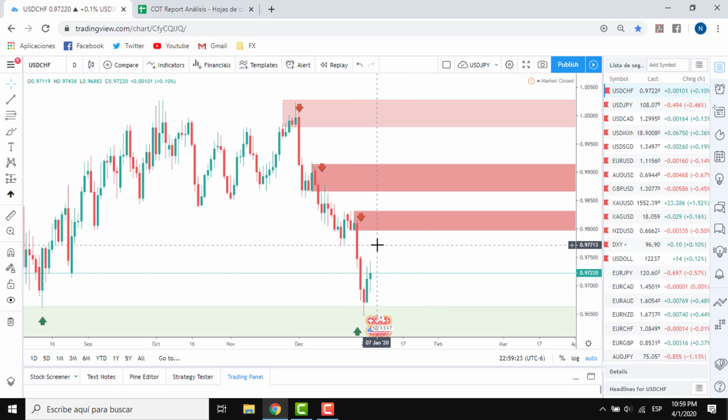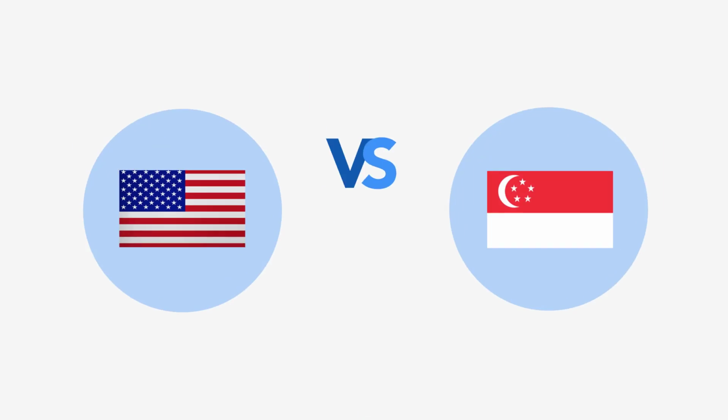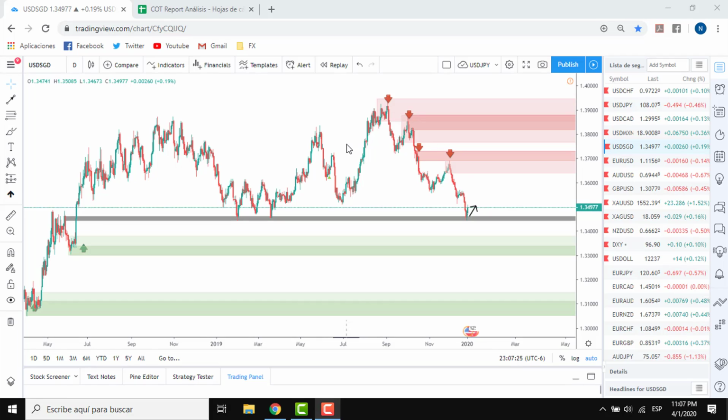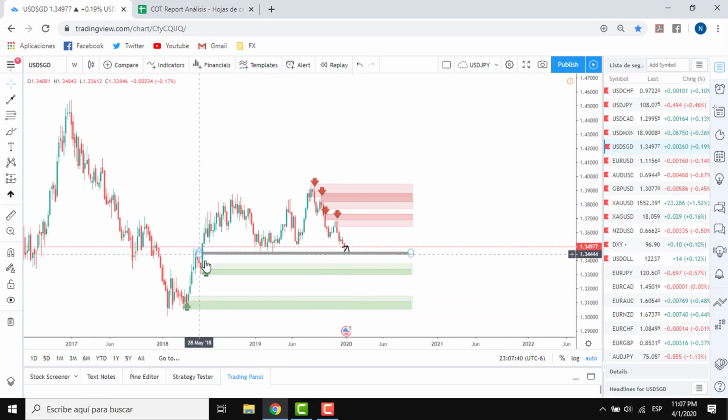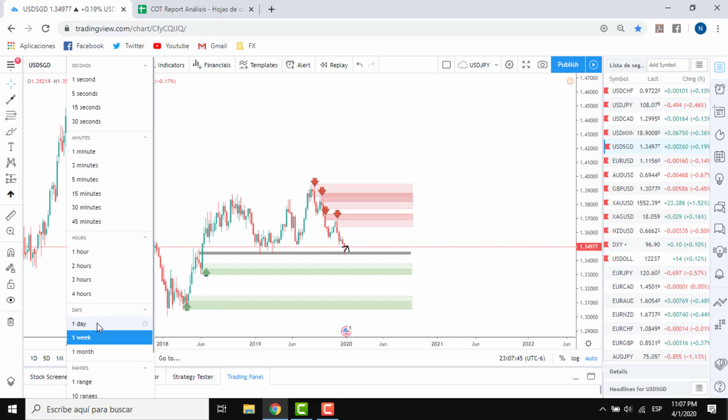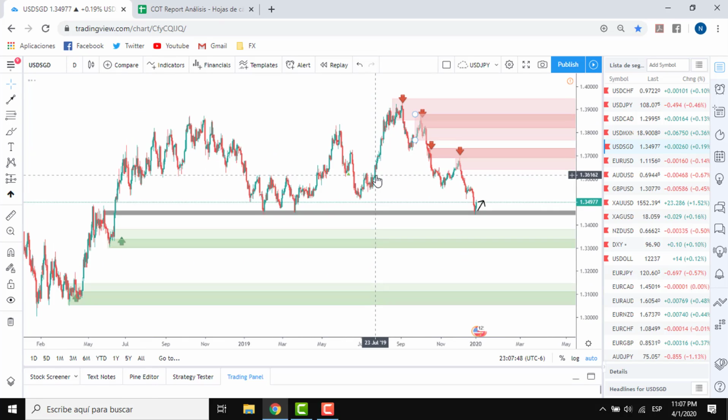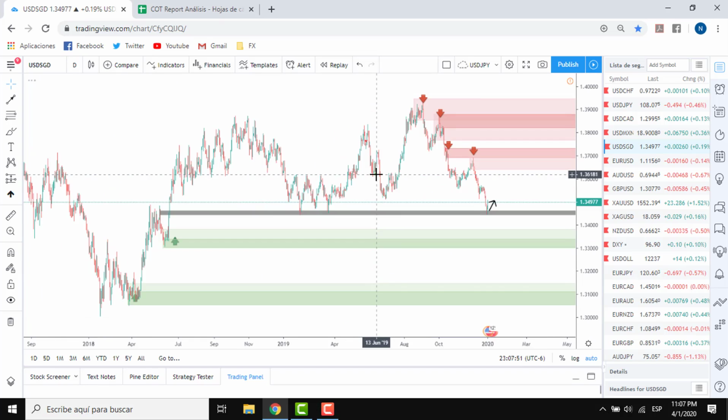I think I have another one. Let me check. Okay, the other one is USD versus Singapore. This is what we have on the daily chart, as well as on the weekly. It's pretty much the same story. We have this demand zone. This is a fresh demand zone, daily and weekly demand, and right now the price is in the middle of a support and resistance structure. We have resistance here, now we have support,